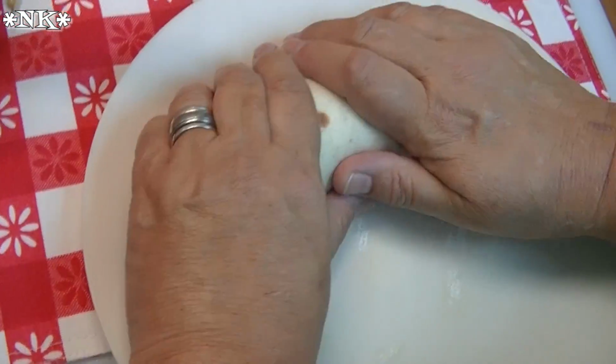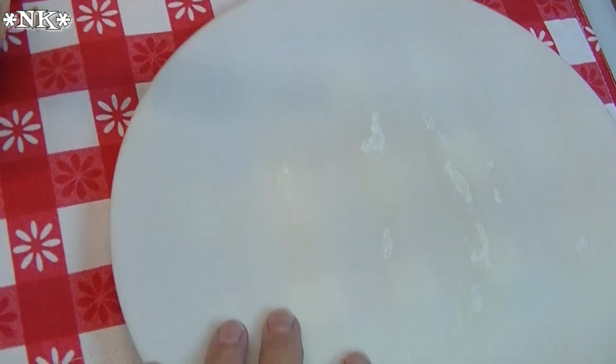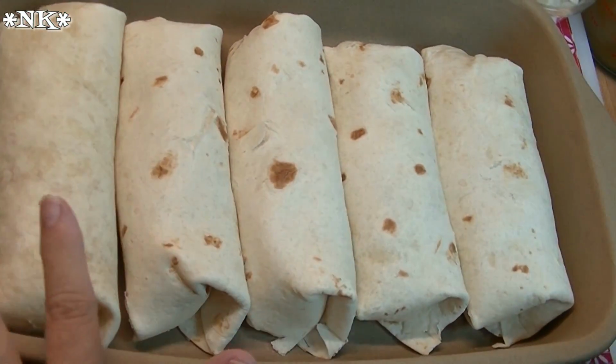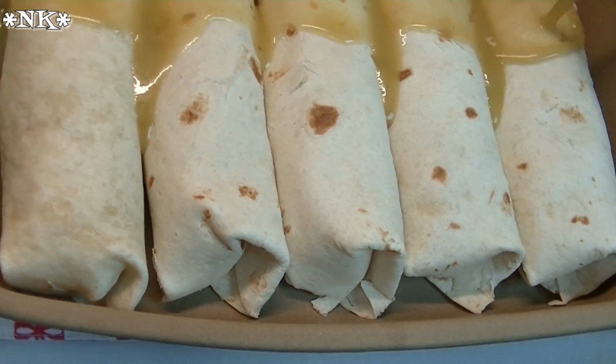Everything, and they just go slop, slop, slop, slop, slop, and they put it all in there. Okay. I'm going to go ahead and roll the rest of these tortillas, and I'll be right back. Alright, I've got all our burritos ready to go, and this is how easy it is. We're just going to take the sauce,